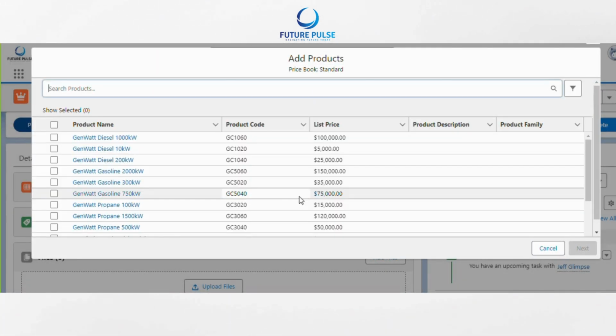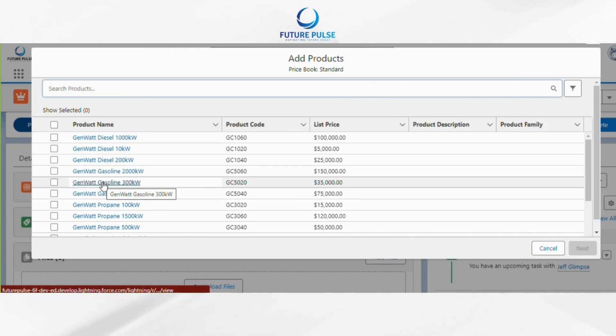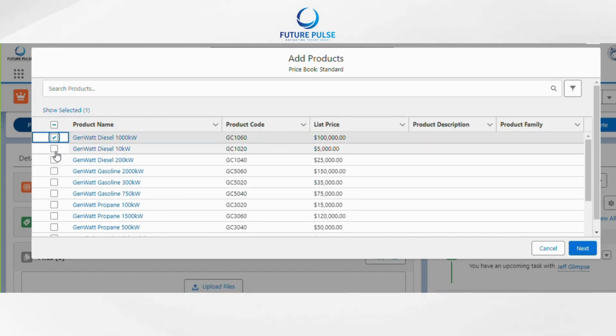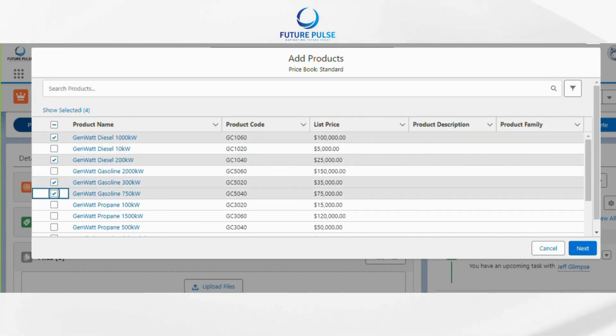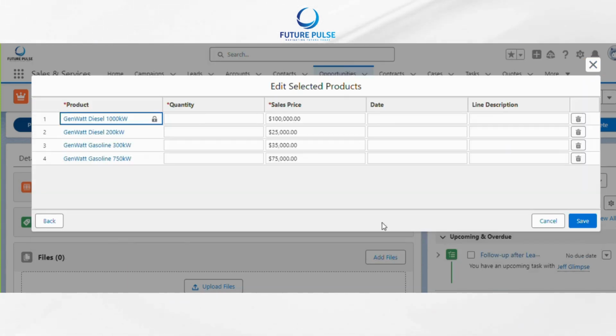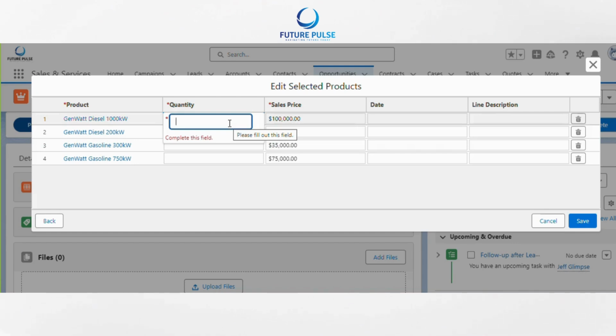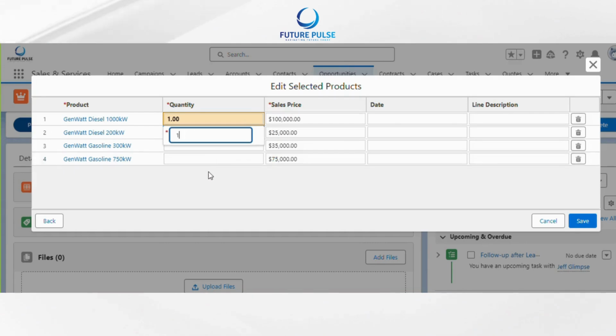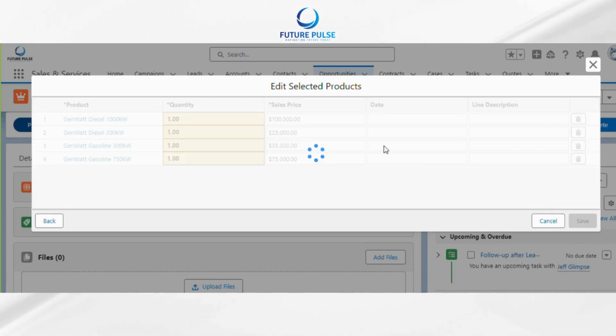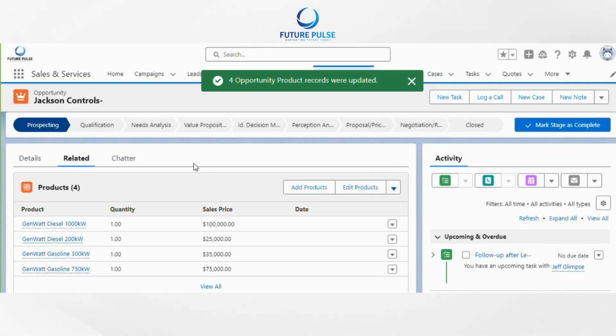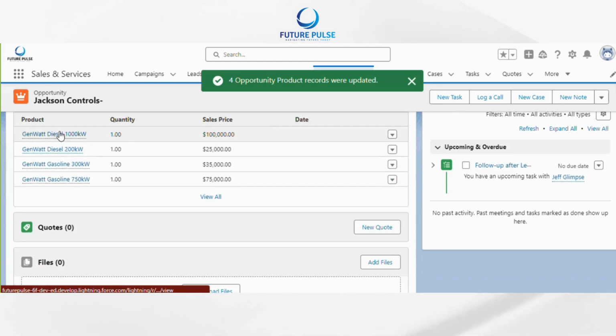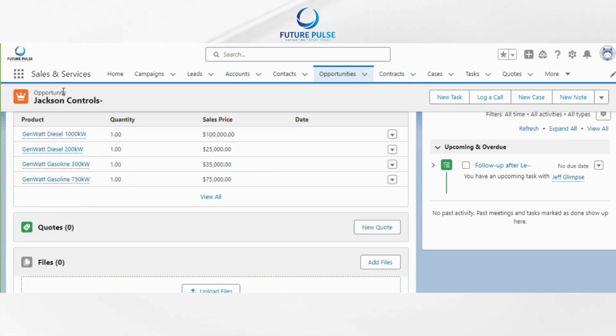I will click on add products. It gives me a pop-up with a list of all the products that are present. I will choose whichever ones I need, and I will click on next, and then it asks me to specify the quantity as well. So I will be choosing one. And once I specify the quantity, I am going to hit save. Now what happens is this opportunity is associated with these products, or rather these products have been added to this opportunity. Now the next step logically would be for us to generate a quote,